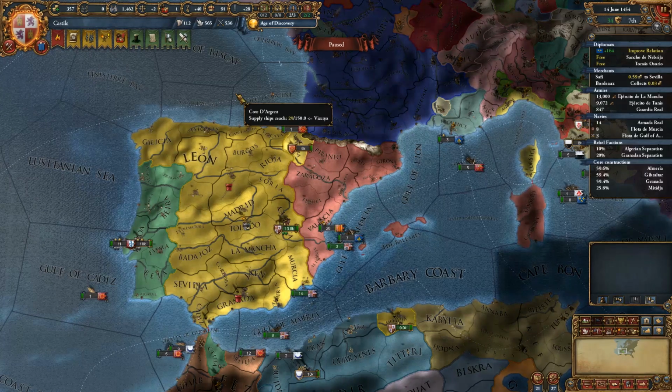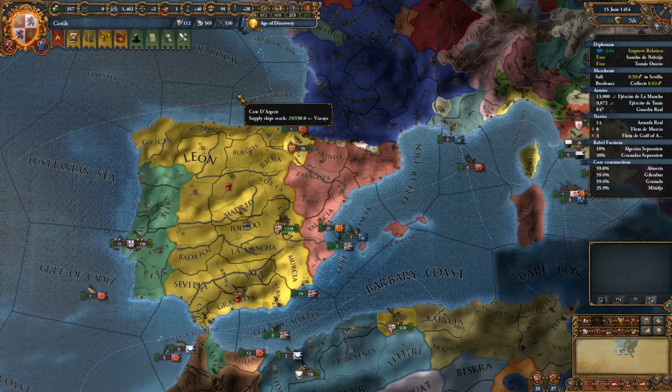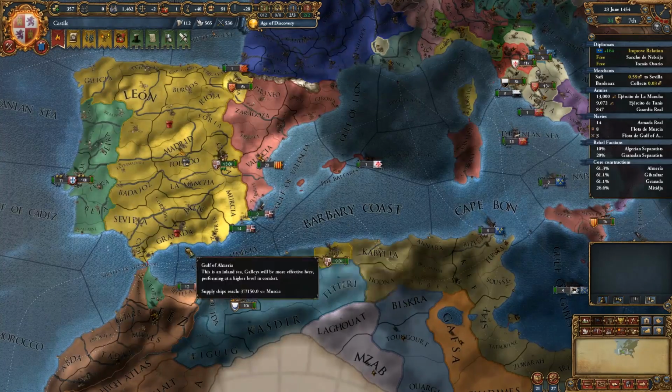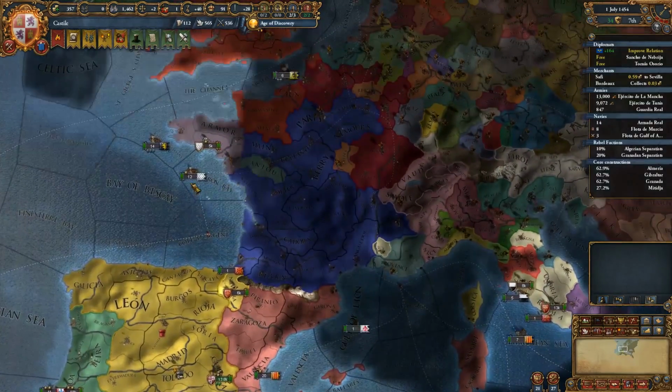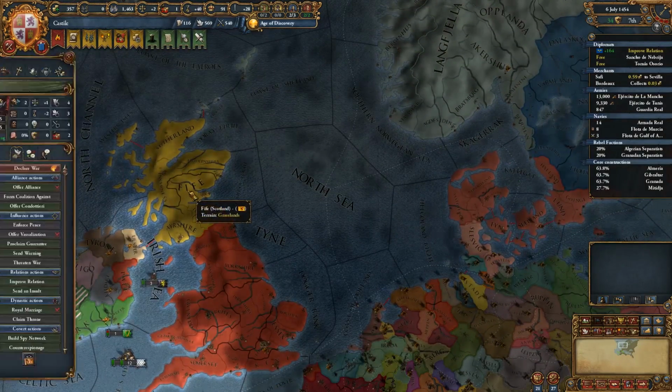Welcome back to episode 3 of Europa Universalis 4 as Castile. We've finished up our war against Granada and Tunis. We took one province from Tunis and all 3 of Granada's provinces, as well as a bit of cash. All of our diplomats are free at the moment, apart from the one we've got camped in